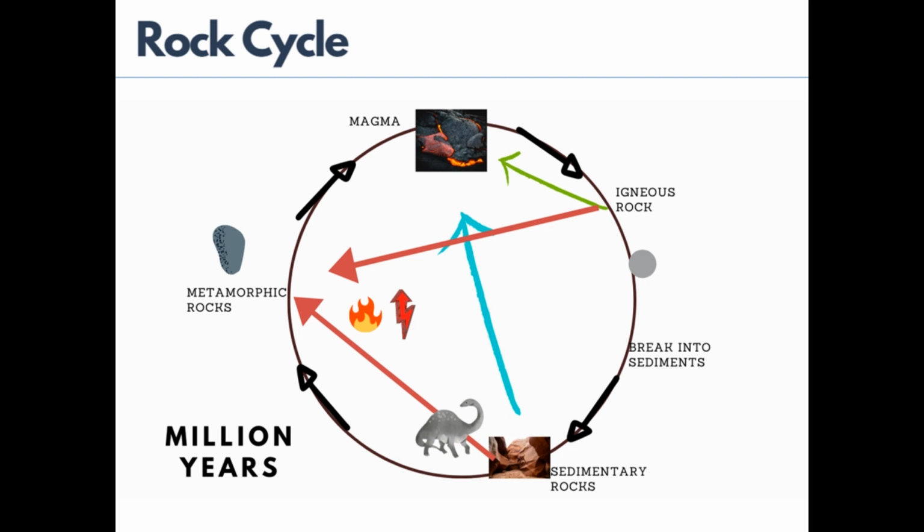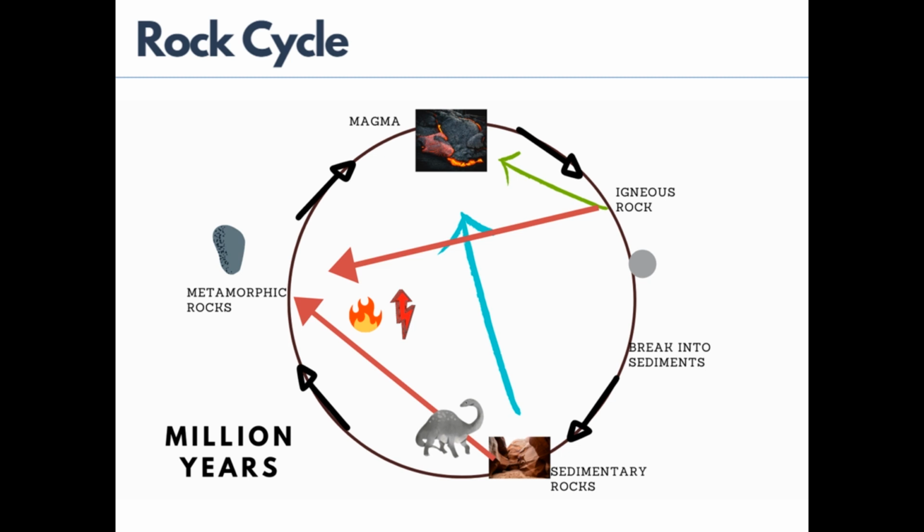Then finally comes the rock cycle. The slow and long journey of rocks is called the rock cycle. Under certain circumstances, rock changes its form from one to another. We know the formation of igneous rock. They start from magma. These igneous rocks, on rolling down, are further broken into small sediments. When many such sediment layers pile up over the years, they form sedimentary rocks, and fossils are seen in sedimentary rock. When igneous and sedimentary rocks are subjected to high heat and pressure, they change into metamorphic rock.